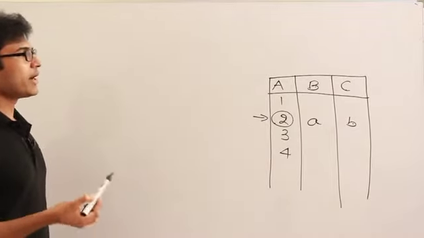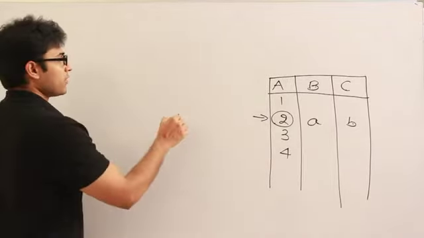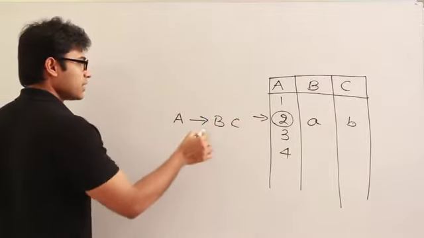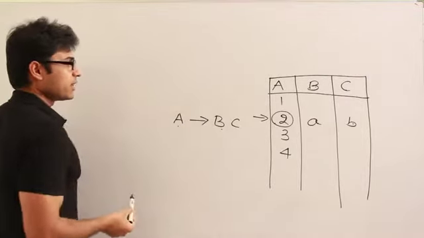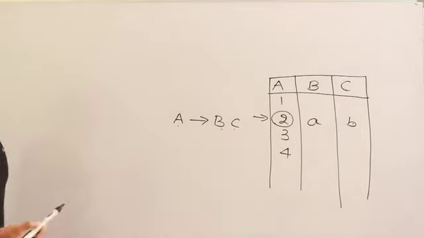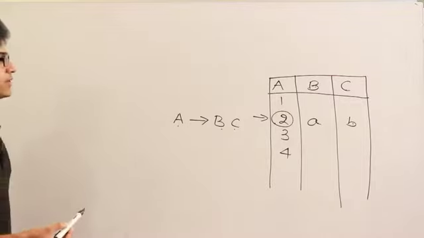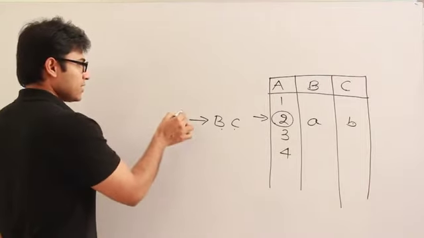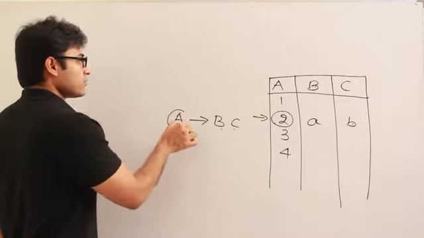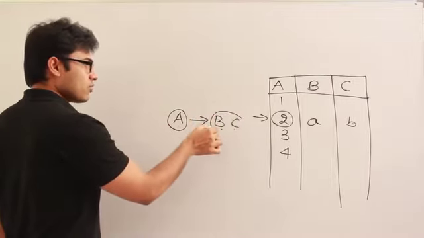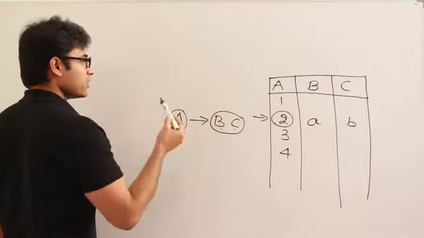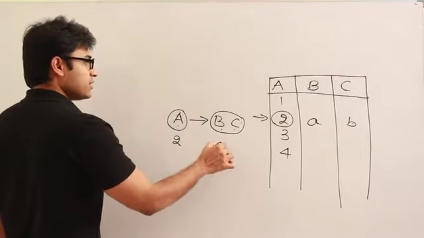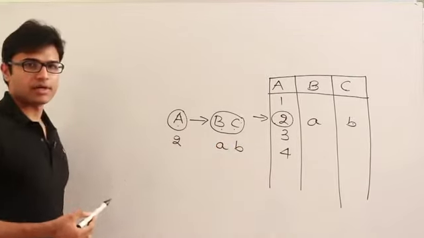So one way to write it is, given the value of A, you will be able to identify B and C, isn't it? So this is called a functional dependency. Got it? I'm just generalizing it, right? The formal definition is this: if I give any value of A, you will be able to uniquely say what the values of B and C are for that particular one. Which means if you say that the A value is 2, then you will be able to say B and C are A and B, like this, right?